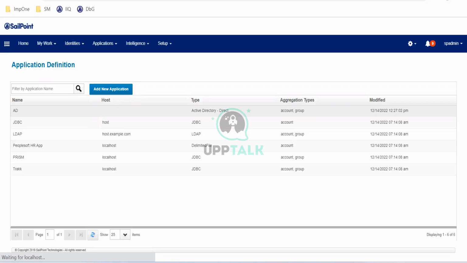Let's say I'm going to trigger certification related to role owner certification. If I pick 10 roles and all 10 role owners are different, in that scenario, what will happen? Then access reviews will be generated. Access review is different, certification is different. One certification you trigger, in which you select 10 roles, means 10 access reviews will be generated, if all role owners are different. That's what I'm trying to say.